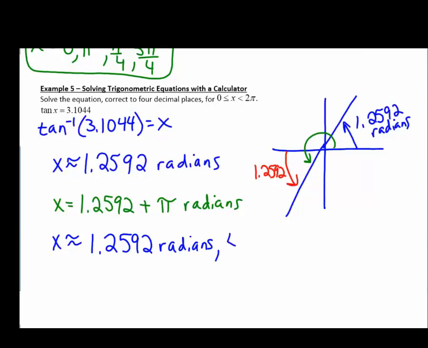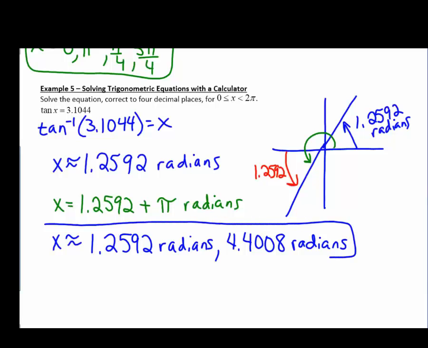and 4.4008 radians. Now, if you typed in the rounded version of the first angle measure, you might have gotten a slightly different answer. You might have gotten 4.4007, and that's okay. I just added the pi to my original output from my calculator, so I didn't have any rounding going on there. But again, if you got 4.4,